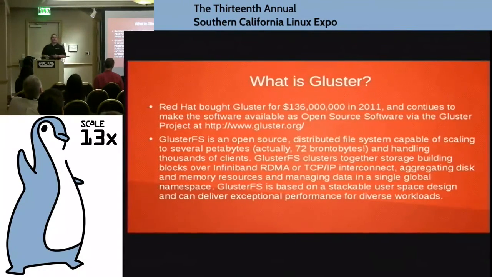But anyway, so the cool thing about Gluster is it scales. It scales ridiculously large. You're going to run into laws of physics problems, like literally being able to have enough bandwidth, enough cabling, and things like that. You're going to run into problems with your infrastructure long before you're going to run out of namespace with Gluster. So it's super, super big, and it's also really flexible. So with Gluster, if you interconnect your systems with just plain old gig Ethernet, that works fine. You can do this over TCP. If you use something like InfiniBand, you can do this over RDMA as well. So it's very, very flexible.